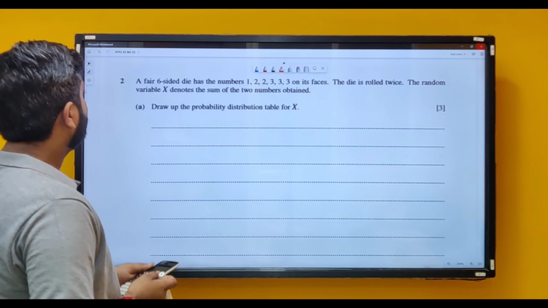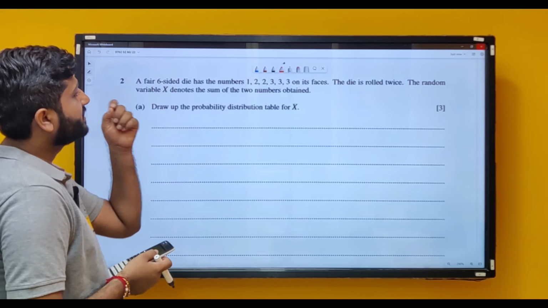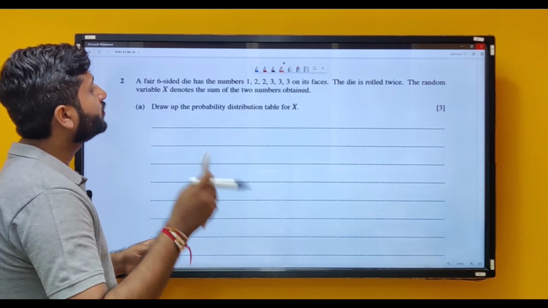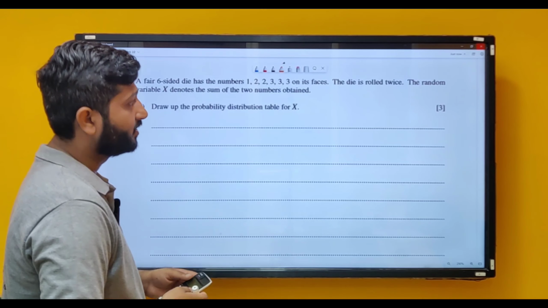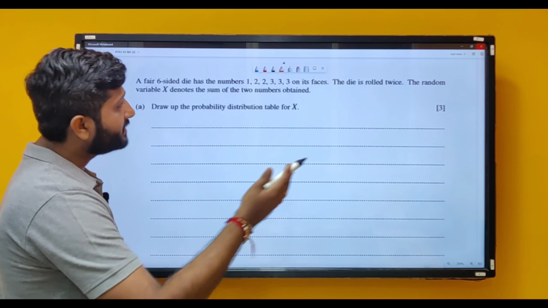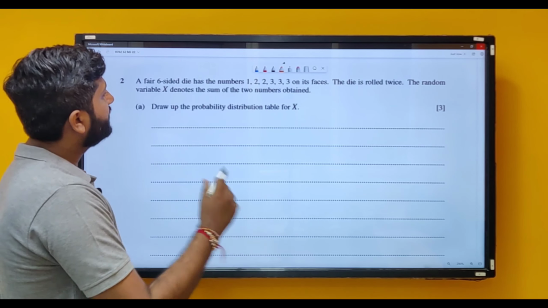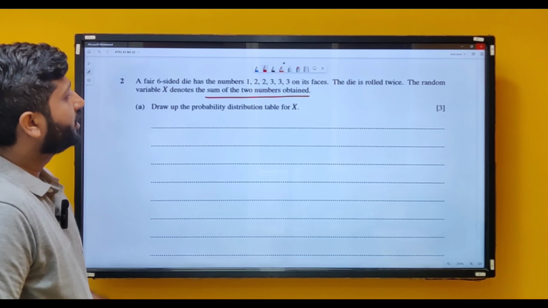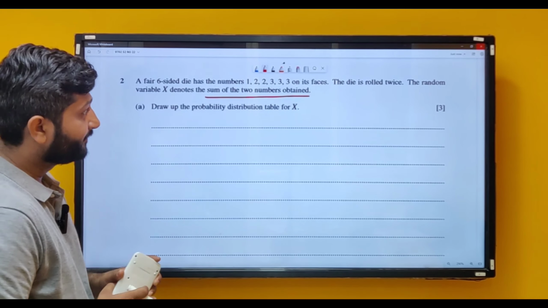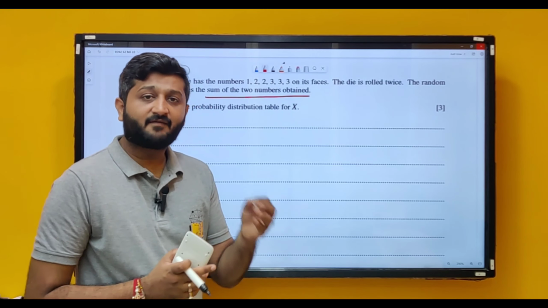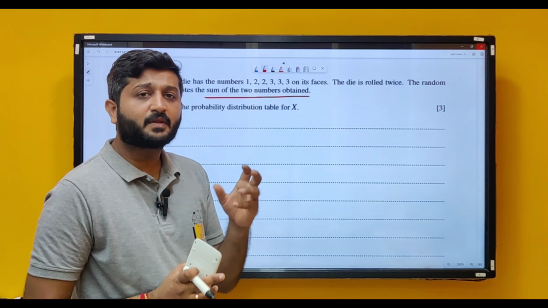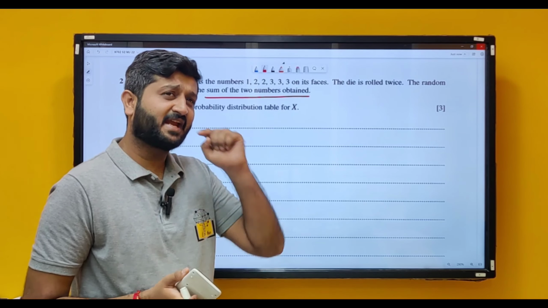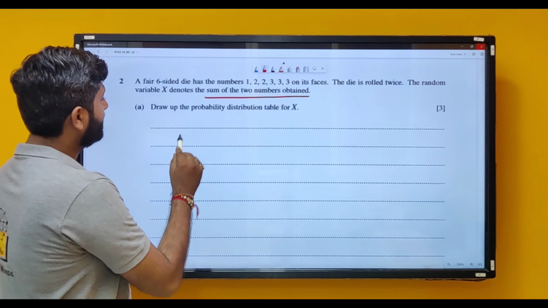A fair six-sided die has the numbers 1, 2, 2, 3, 3, 3 on its faces. The die is rolled twice. The random variable x denotes the sum of the two numbers obtained. Draw the probability distribution table of x. So we have been given a die and we are supposed to roll it twice. What could be the possible sums? Let's say I get 1 and 1, so the sum could be